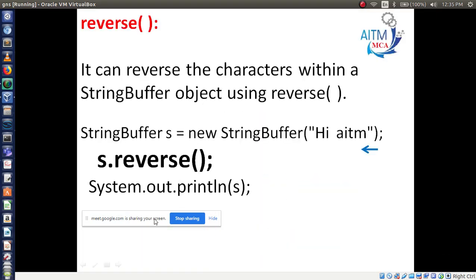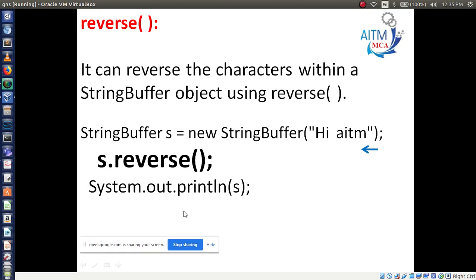Now our method is reverse. Reverse means it will give the reverse output. For example, here I am using HI. Make it reverse. So what will happen?